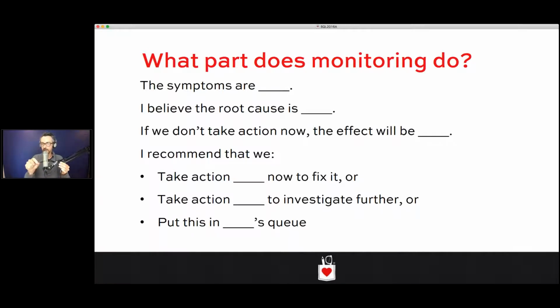Or you have to be an expert user of the tool to get to exactly the root cause there. Does it tell you what's going to happen if you don't take action? This is where things start to fall apart. They don't give you that level of specifics. And then do they tell you what action you should take? Actually, yes, they'll tell you all kinds of things. You should create this index, you should change this sp_configure setting, you should tune this query. But they don't tie all of this together into, we're having an emergency right now, here's exactly what you should